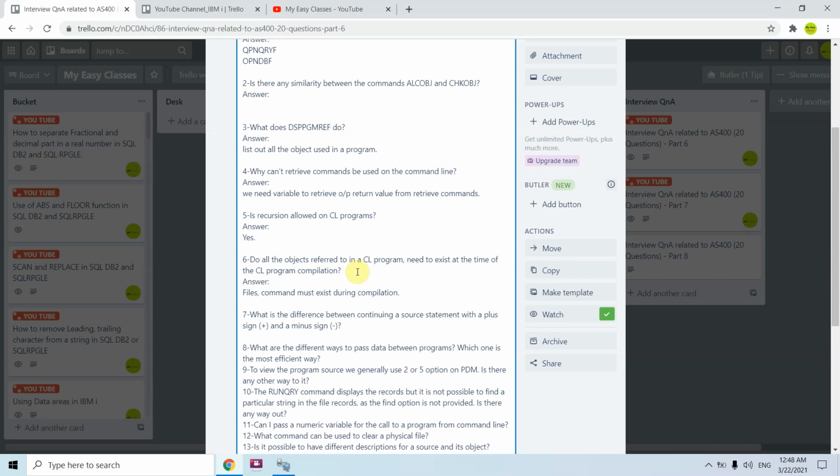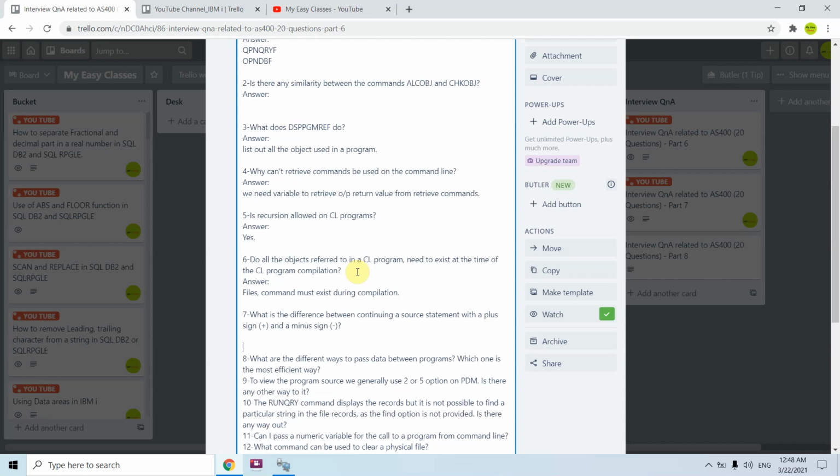What is the difference between continuing a source statement with a plus sign and a minus sign on the next line? Whenever we are left with no space on the right on a single line, then we need to write the extra part on the next line using the plus or minus sign. We basically use the plus sign, we never use the minus sign. Plus sign means we are not including the spaces at the left on the next line, but minus sign means we are including the spaces till the minus sign